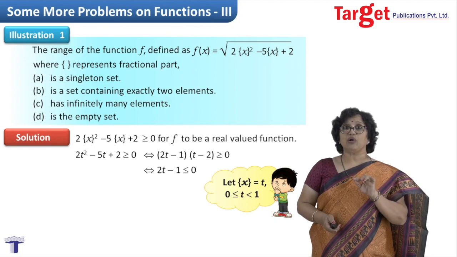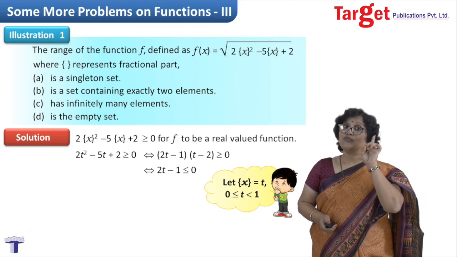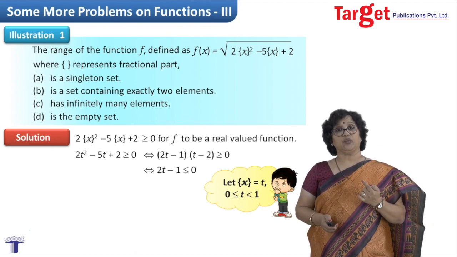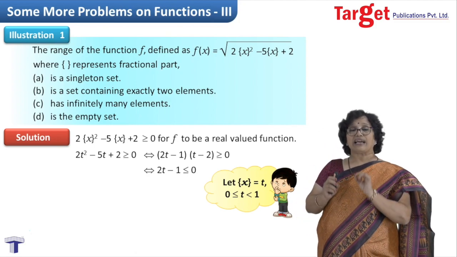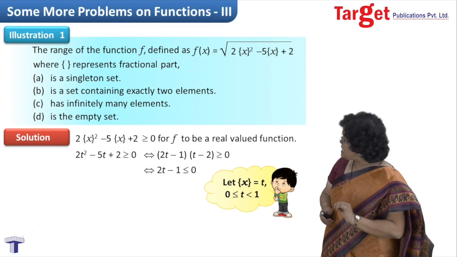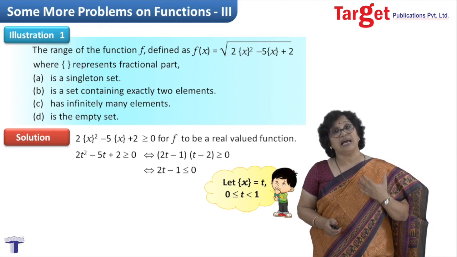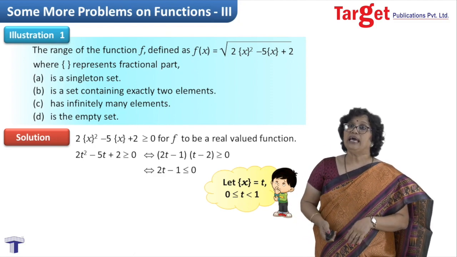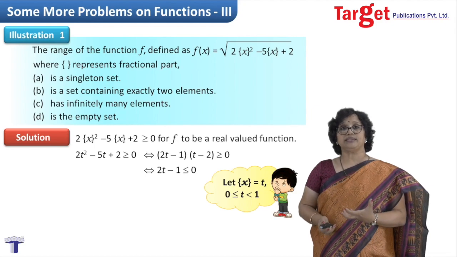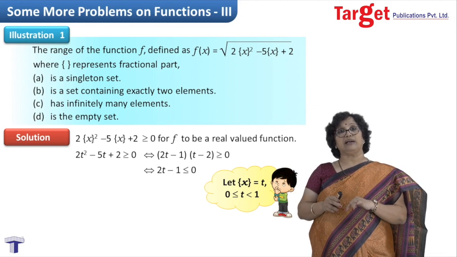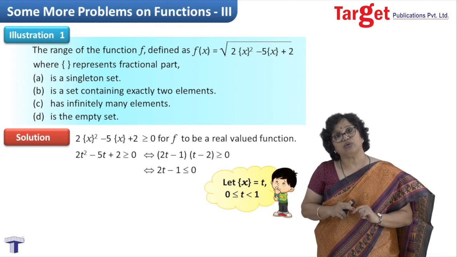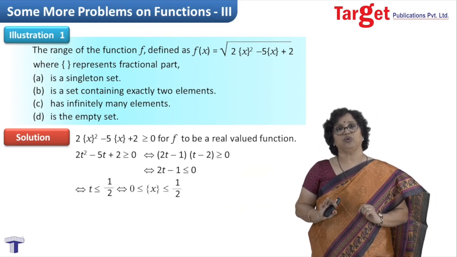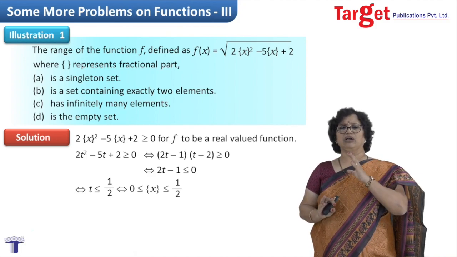Now t is less or equal to half. But t has one more condition also in it. And what is that condition? That it has to be a non-negative quantity. So we realize that the fractional part of x is greater or equal to 0 and less or equal to half. This is what we have achieved from the given information. Now, which are those numbers for which the fractional part is greater or equal to 0 and less or equal to half? When I say greater or equal to 0, let us take the equal to 0 case first.